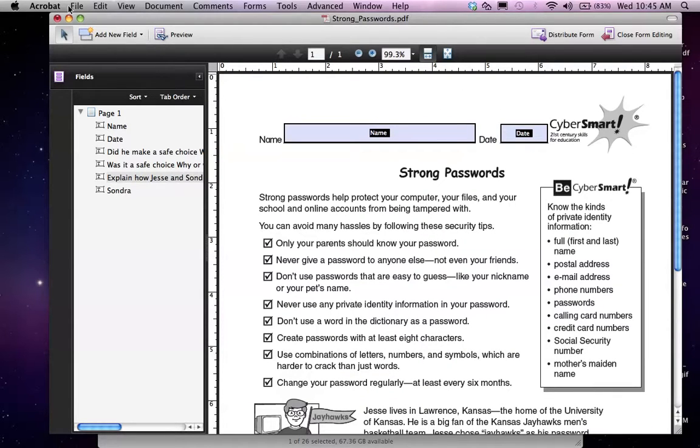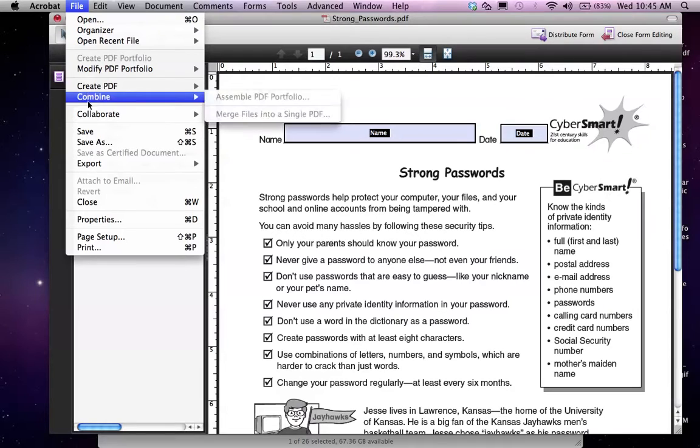Now we need to save this form. I mean, you can change these two to match whatever you want in the field, but nobody's really going to see this for anything. And if you wanted to, you could add a new field someplace. I don't know what for right now, but